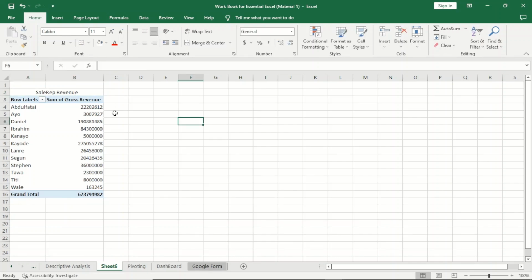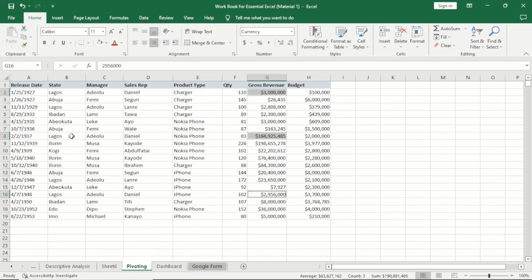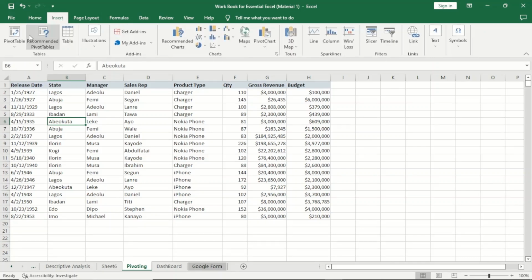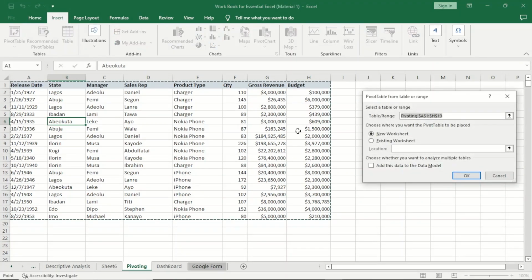This is the first table. Now let's create another table. You go to your raw data, you click on insert, pivot again. Now we are going to use an existing worksheet because I don't want you to open another new worksheet for me. So I click on existing worksheet, not new worksheet, and I